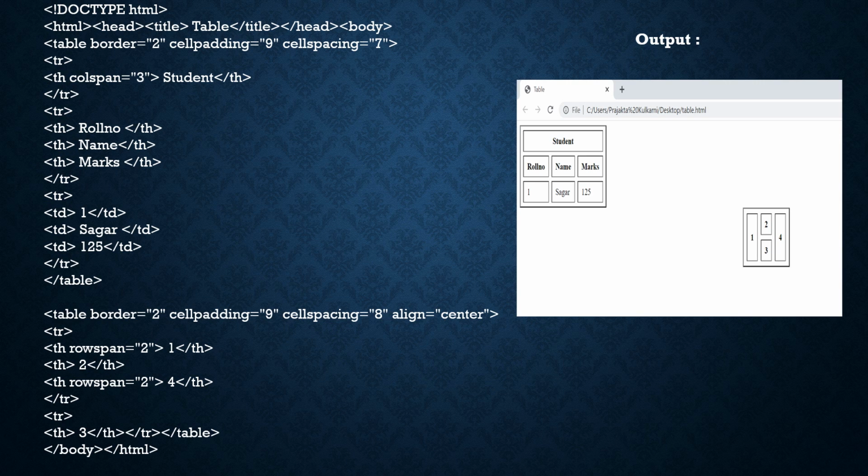Start with the first row tr, th. Now you see the 3 columns are merged, so number of columns spanned is 3. Col span is equal to 3 student slash th slash tr. Now roll number, name, marks or 1 Sagar 125, they are not merged by any single column or a row. That's why normally you will write it as tr, th roll number slash th name slash th marks slash th